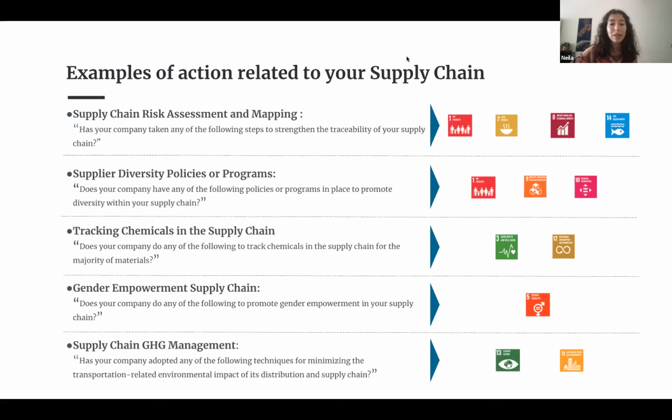If I take the example number 4 on gender development, you can see that even throughout your supply chain, you could contribute to SDG number 5, depending on how you promote gender empowerment in your supply chain, or how much you're sourcing from women-owned SMEs, for example, all along the different steps of your supply chain. So those are examples just to give you a glimpse of the different ideas and elements that you could find within the tool, and how taking a supply chain perspective, not just within the company but the whole supply chain, you could also improve your impact in many different ways.